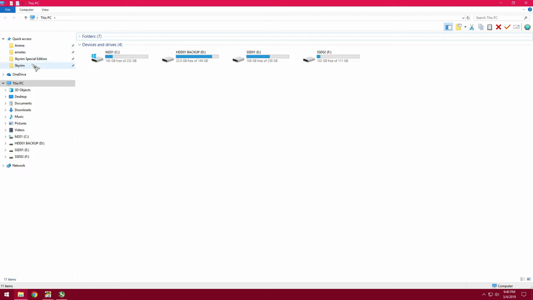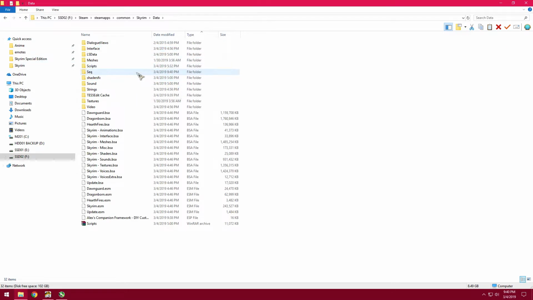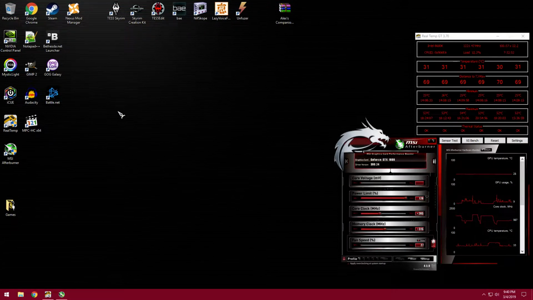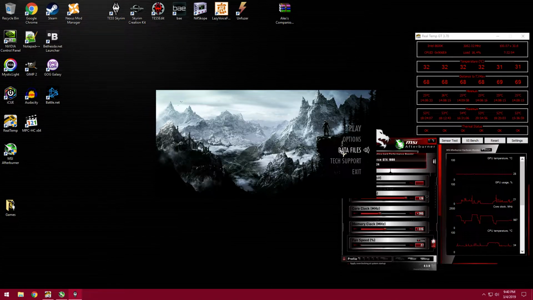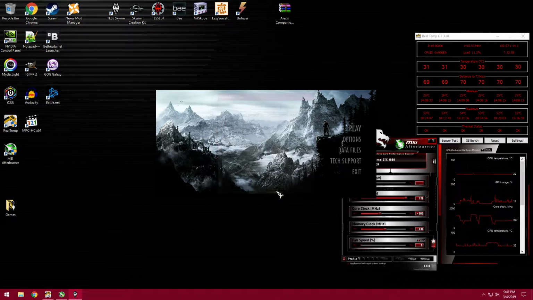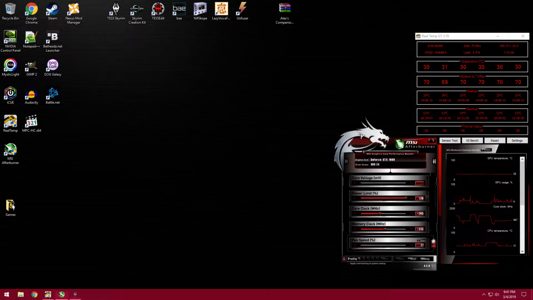Don't need to save anything, because if we go here, data, SEQ, it's going to be in here. So say your plugin name, that's SEQ. And now, if we go in game, we have to make sure that the plugin is enabled. Should probably move it down. And if we launch this,